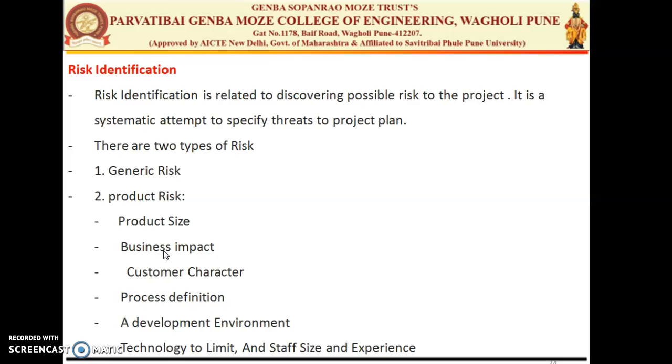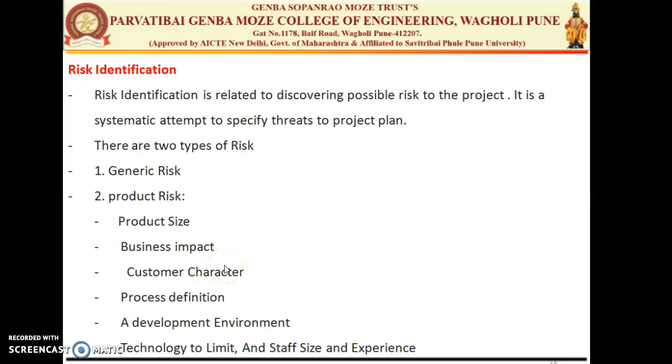The third one is the customer characteristics. So how sophisticated the customer is, and what is the ability of the developer to communicate with that customer properly and get the requirements from the customer accurately. So that comes under the customer characteristics. If the developer is not capable of handling all the requirements which are stated by the customer, or he does some inadequate things or some incorrect things, or some requirements are taken wrongly, so that can cause the product risk.